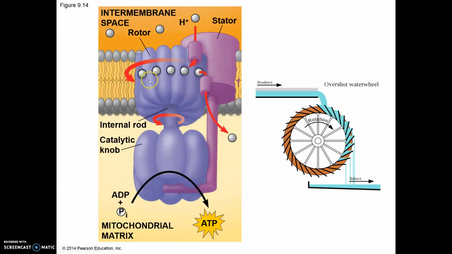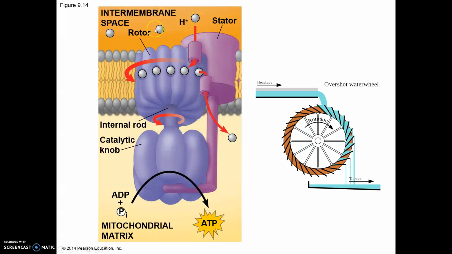Here in the membrane, we have this fixed structure called the stator, and that is coupled to this thing called the catalytic knob. This does not move. This has a pore going in and a pore coming out. They are not connected. This part right here is called the rotator, and it is attached to this internal rod. This does in fact spin around